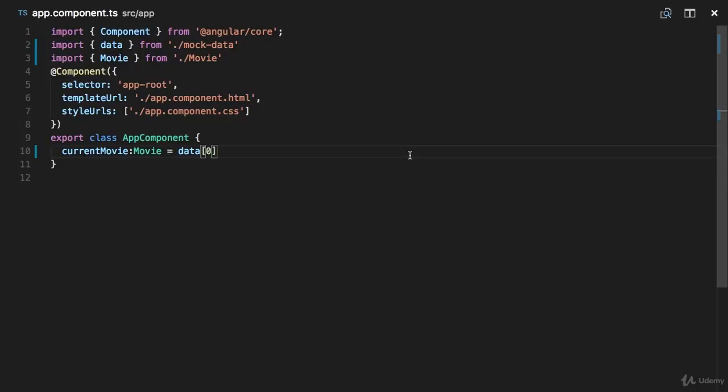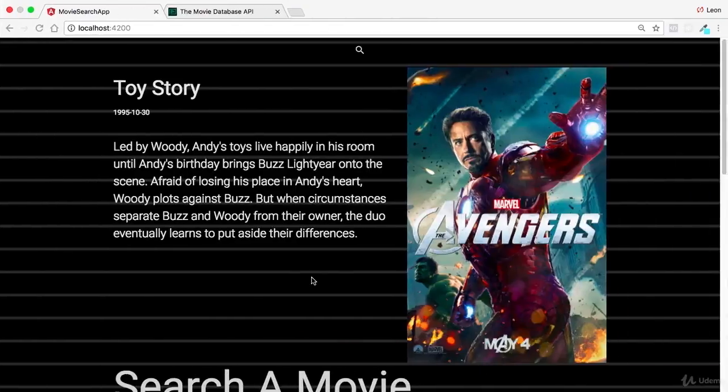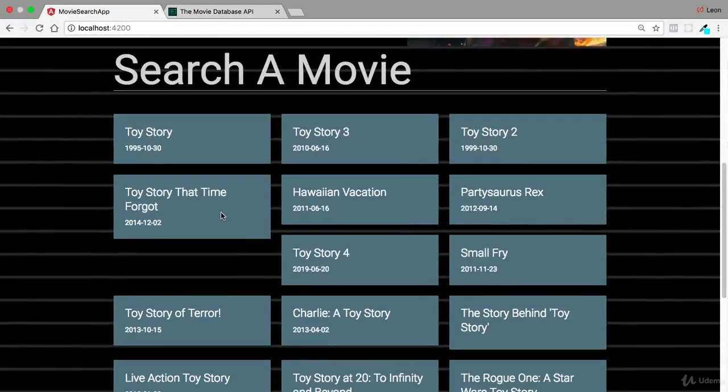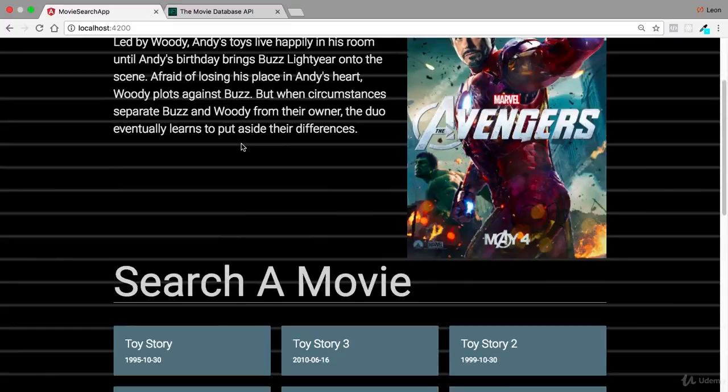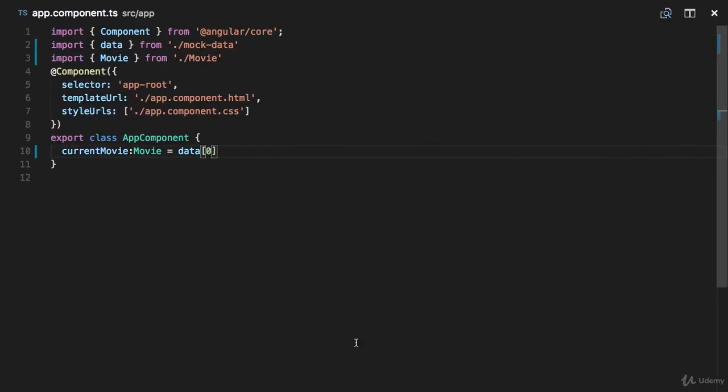At the moment, we have the current movie variable set to the data from our mock data.ts file, but when we click these cards at the bottom, it does not change our data up here. Now, we could set up a data event chain from the search component to the app component, but instead we're going to use a service to hold the data instead of making our app component reliant on that event from